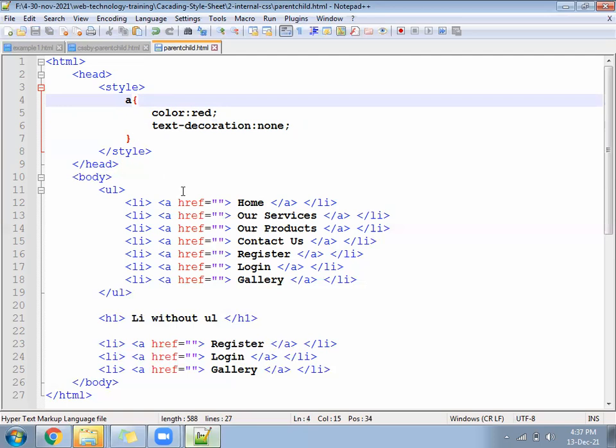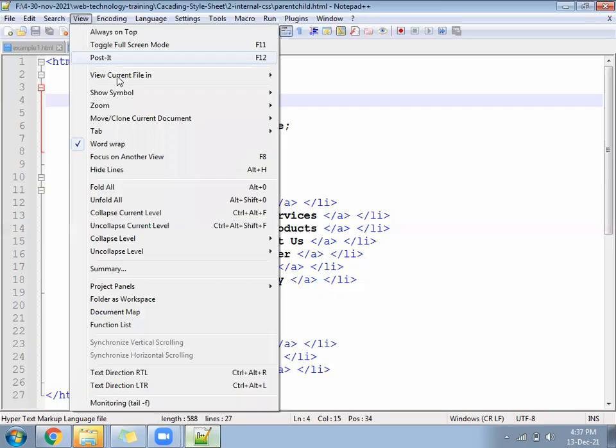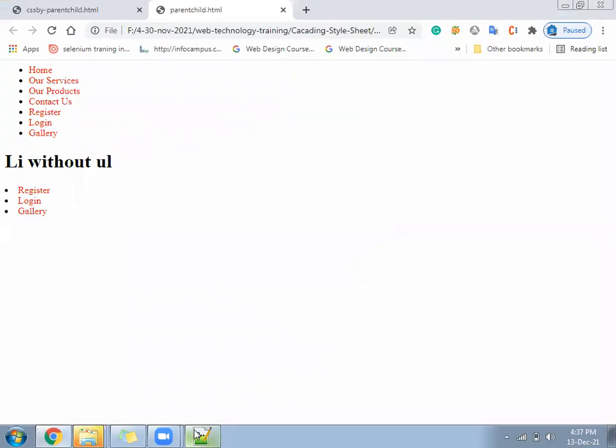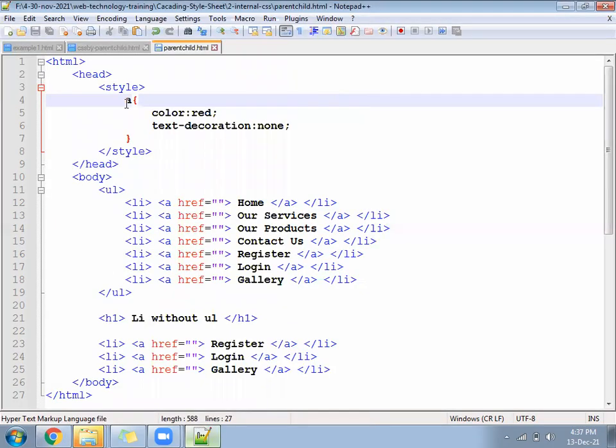All the A. Because you have not mentioned any parent or child or anything. You are saying A tag. In current page, wherever the A tag is there, all the A tags should convert into red color. That happened. Now we want to limit it.